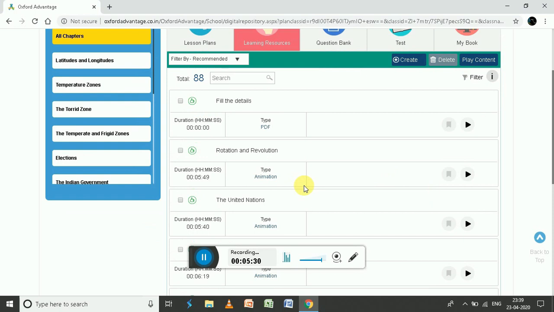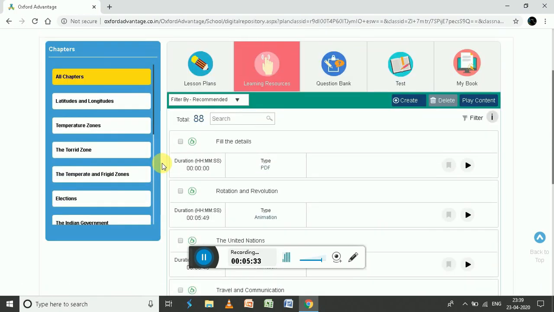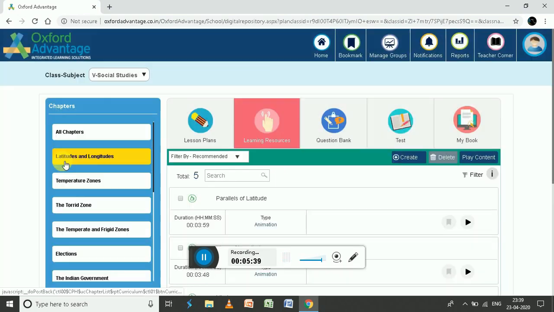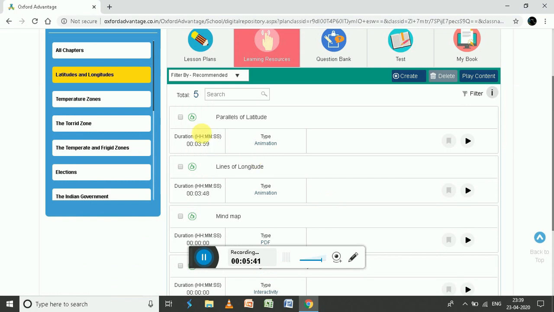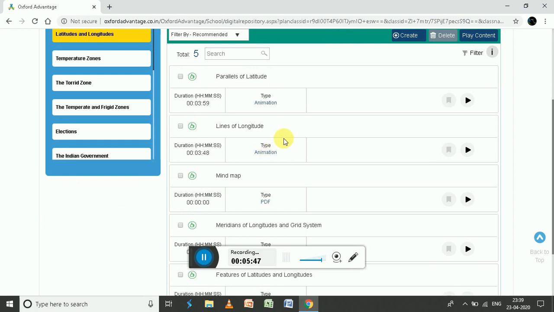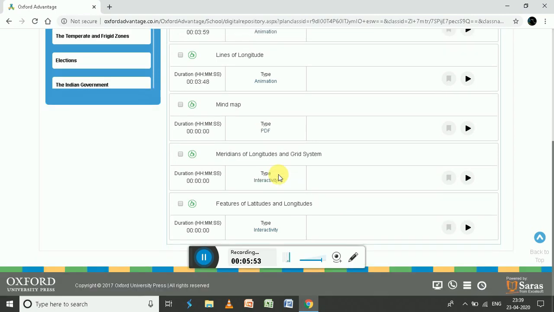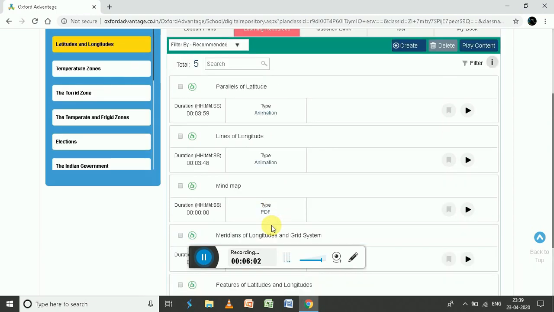So over here you will find, for example, chapter 1, you need to select the chapters. There are a total of 5 resources related to chapter 1. Animation, this is again animation. This is a PDF, a mind map, which shows how things are related. Interactive session, it could be games, a quiz, and again an interactive session. So a child can attend. The teachers can help the child to attend all these animation, interactive and PDF files and help the child to clear the concept more.